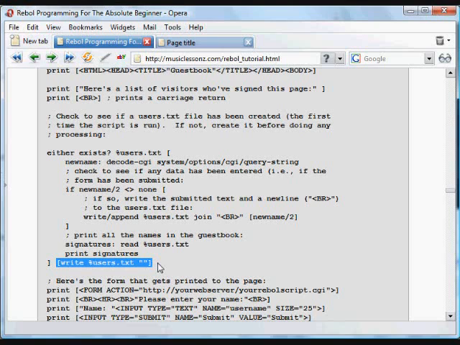So the very first time this program is used on a website, it's going to go through, it's going to print out, here's a list of visitors who have signed this page, and a line return, and it's going to check. And if that users.txt file doesn't exist, it's just going to write it to the hard drive as blank, and it's going to print out the form. And so it'll give the user an option to enter some information down at the bottom. If it does exist, what it's going to do is decode the information that's been sent to